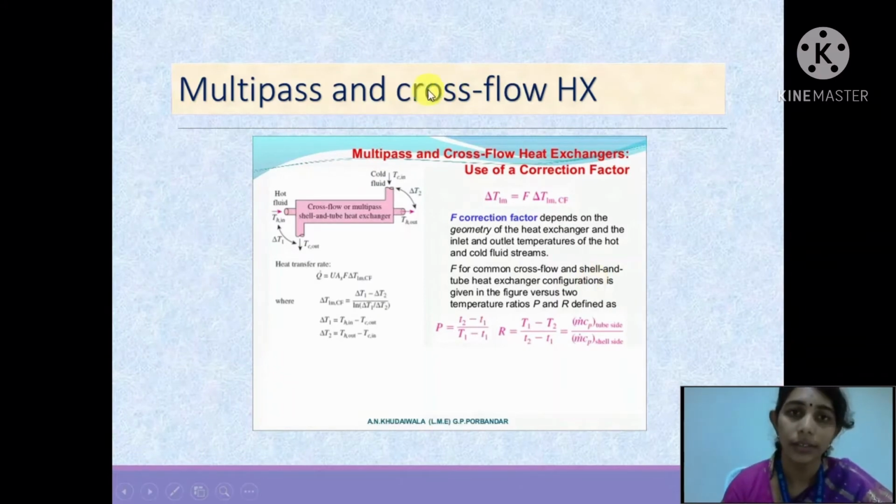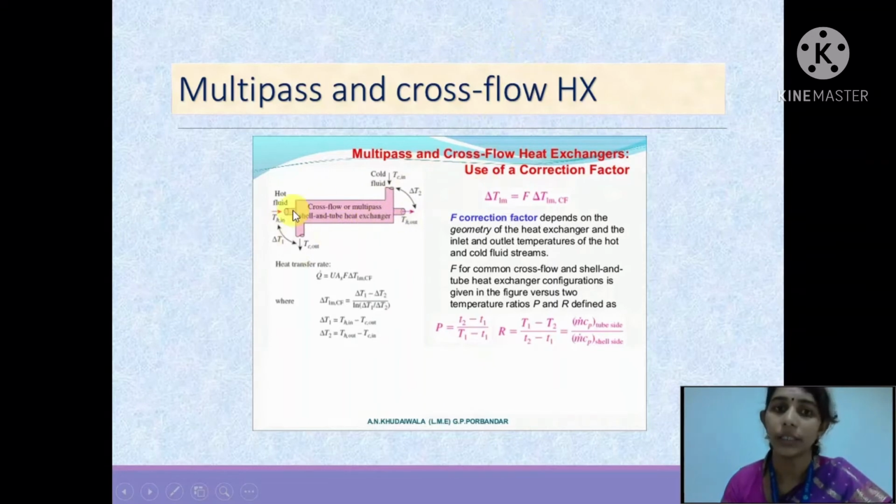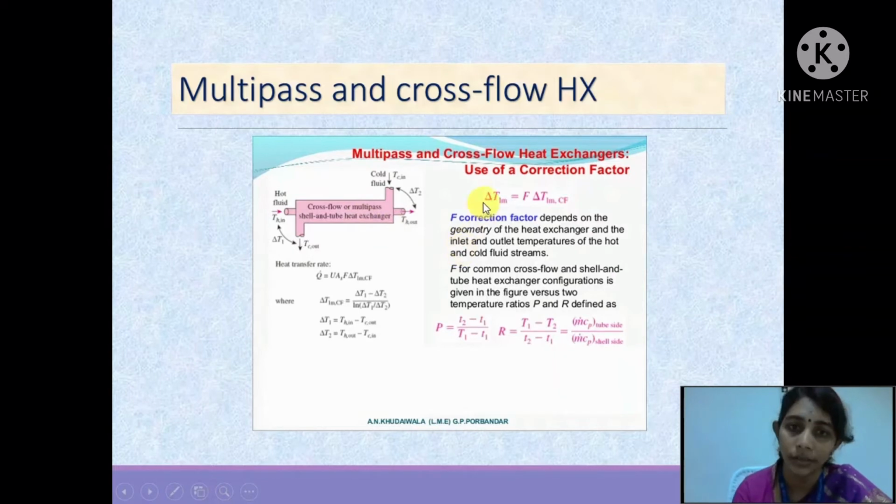So we have seen the LMTD method for parallel and counter flow. The next is multipass and cross flow. So multipass and cross flow are combined together, and we are going to derive the mean temperature difference. Actually, finding the mean temperature difference for this type of heat exchanger is going to be tedious. The ultimate equation that we arrive at is quite complicated. So what we follow is, initially to find the LMTD for counter flow, and the same value is taken for this cross flow provided you do some correction on that LMTD.